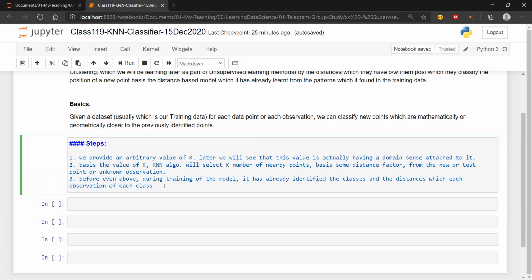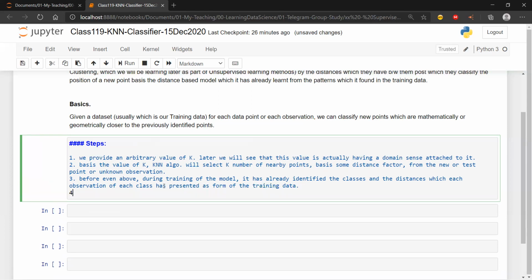So it has already identified the classes and the distances which each observation of each class has presented as part of the training data. Now, this is the value of k: the algorithm will select k number of nearby points.